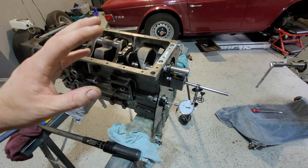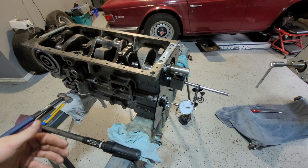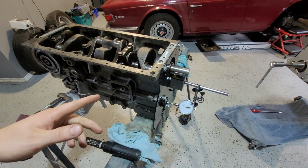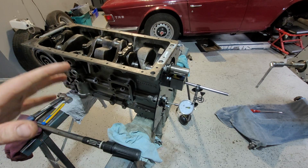So we're going to start looking for our TDC and our TDC on the cam. We're going to mark all them up. We're going to start putting our chains on, and we're going to start looking at the cam itself and see where it should be. Again, I have more videos on that. If you check out my other videos, you'll see all about timing, but we're going to do it on this. I'm going to shortcut it a bit because I do have a video that explains the whole lot. But yeah, there's always a way of adjusting it. So in this case,